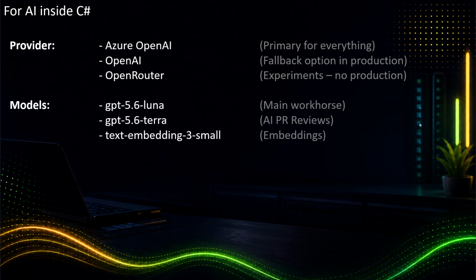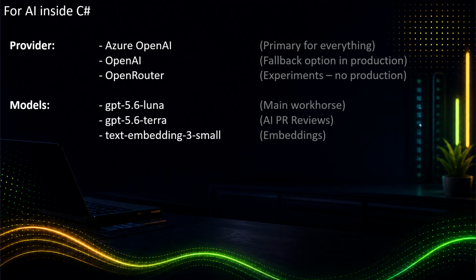In terms of models, we are down to GPT 5.6 Luna and 5.6 Terra. I don't really use Sol inside C# because the different workloads simply don't need such a smart model. That's more for coding agents and so on. And Luna is surprisingly cheap, surprisingly good, so it is the main workhorse for everything I do. If I need something bigger, but not Sol level, I could go Terra, but there's often no reason for what I sit and do here inside the C# part.